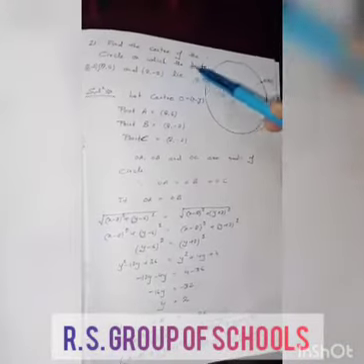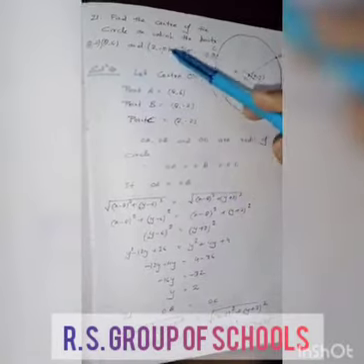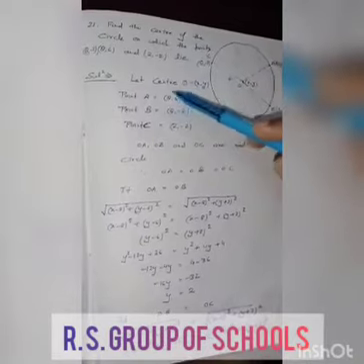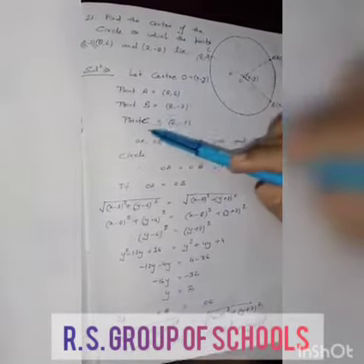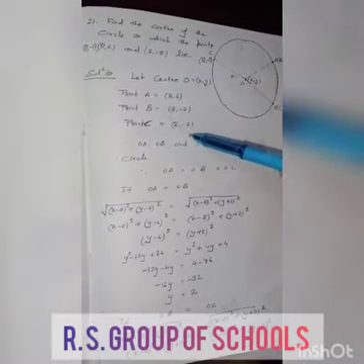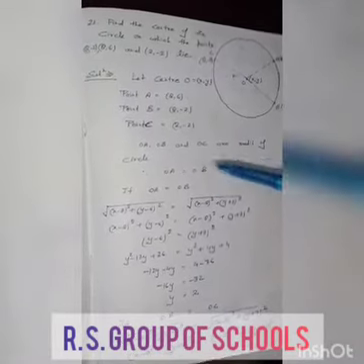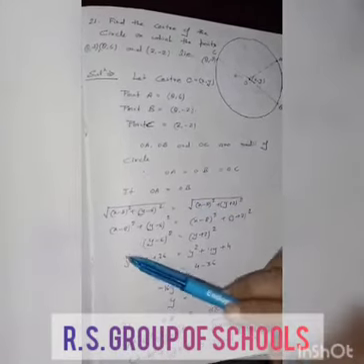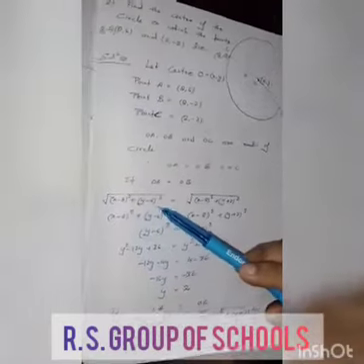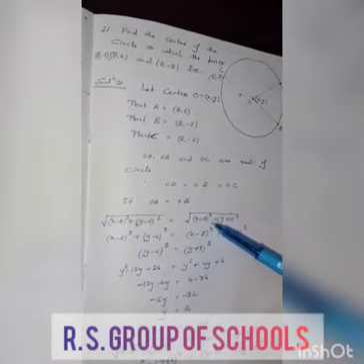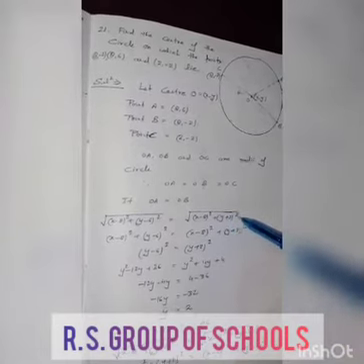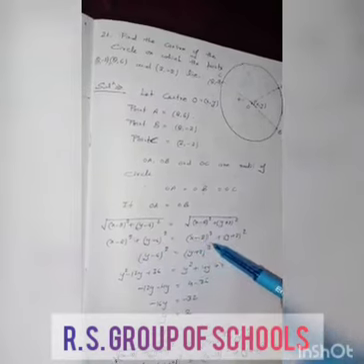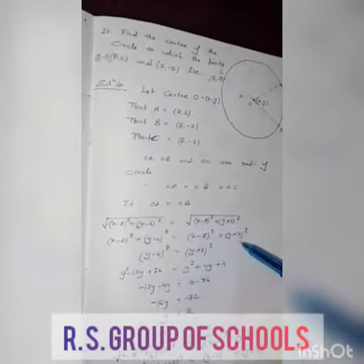Next question: find the center of the circle on which the points (8, minus 2), (8, 6) and (2, minus 2) lie. Let the center of the circle be O (x, y), point A (8, 6), point B (8, minus 2) and point C (2, minus 2). Since OA, OB and OC are radii of the circle, OA equals OB equals OC. First, we take OA equal to OB: root of (x minus 8) whole square plus (y minus 6) whole square equals root of (x minus 8) whole square plus (y plus 2) whole square. Then taking square on both sides.